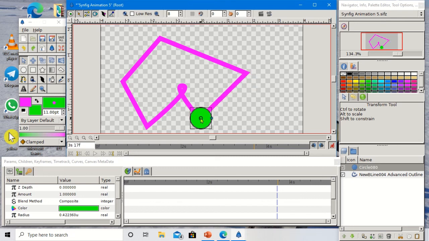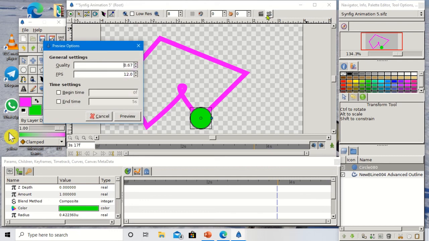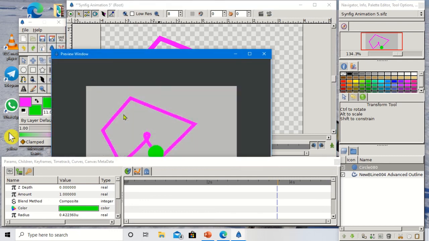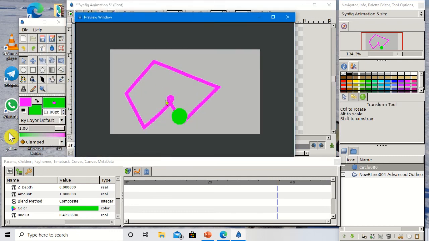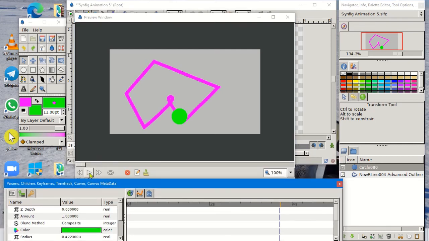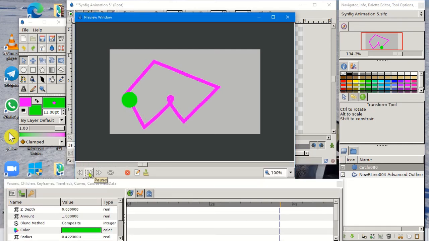Now you can see it is at the initial position right now. Now I want to show you how this is going to be moved. So I want to close this, switch off this, then I will click on this and let me preview. If I click on this play button, now you can see this is moving on the given path. It is not moving anywhere else. You can see that.